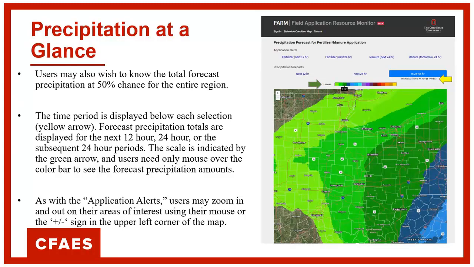And so the whole state gets color coded, and there's a legend there. If you mouse over that legend, the amounts associated with each color will pop up. So you get an idea, just broadly speaking, of what the conditions might be over the next 12, 24, or 48 hours in Ohio. You can zoom in on this if you want. You can back away from it, and if you're interested in some other area, I think we will show you any part of the United States, but you have to actually get to that part of the United States by dragging the map to it. It defaults to Ohio.